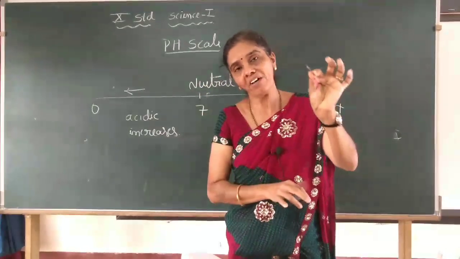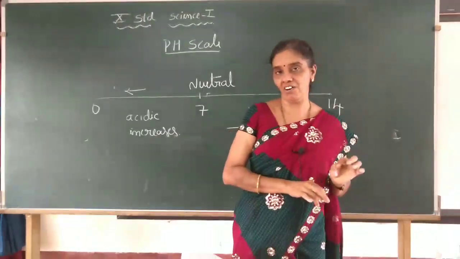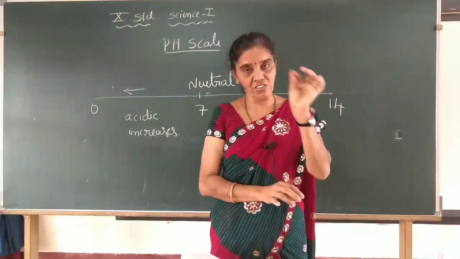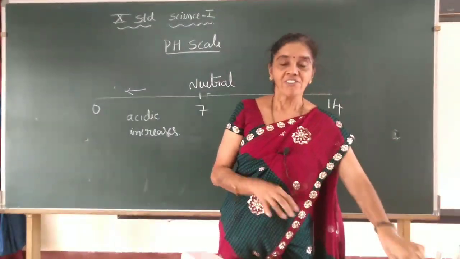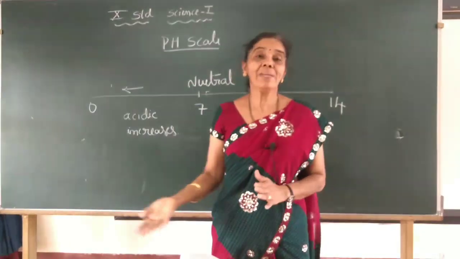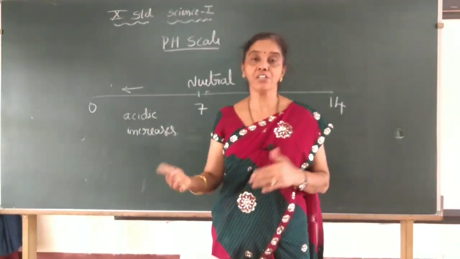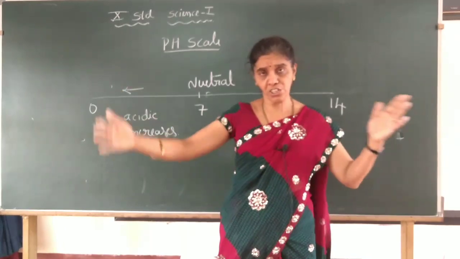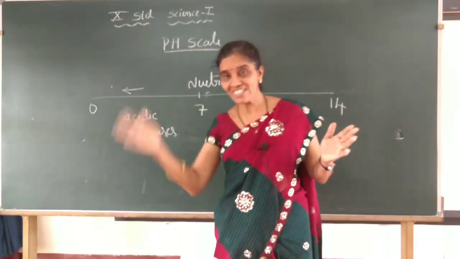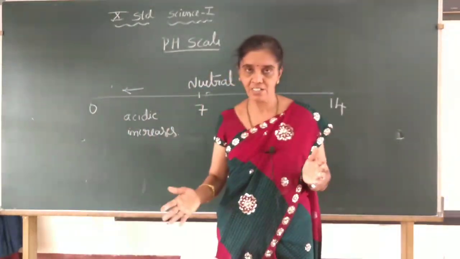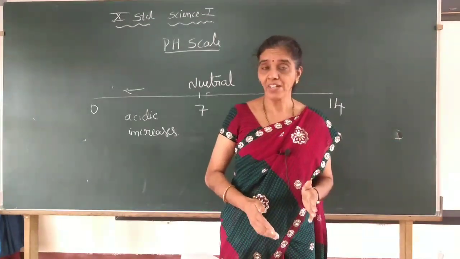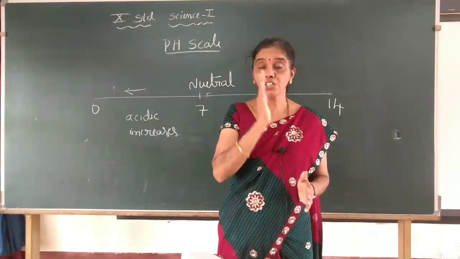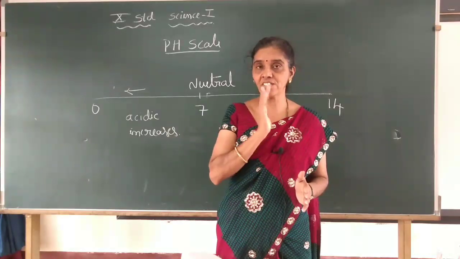So depending upon the strength of the hydrogen ion, the color of this universal indicator changes, and depending upon the color, we can find what its pH value is, 1 or 2 or 14. So 0 to 14. Below 7, it is acidic in nature. A pH above 7 is basic in nature, and 7 is neutral. For distilled water, the pH is 7.